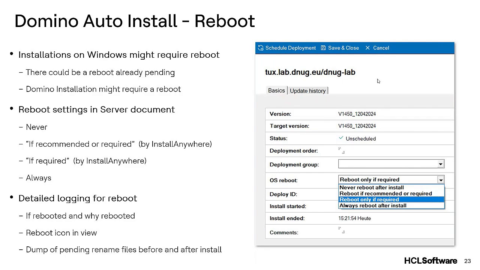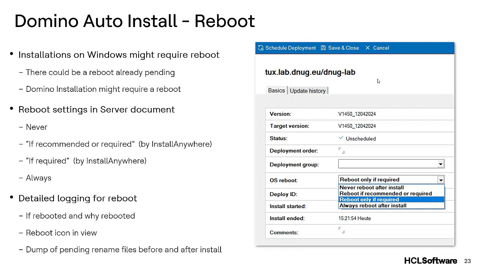So on the right-hand side here, we're looking at a server document in autoupdate.nsf, and it has a field here for OS reboot options. This is one place where we would like some feedback. We want feedback everywhere, obviously, but we've been sort of around and around on trying to simplify these options. But then when we try to simplify them, people